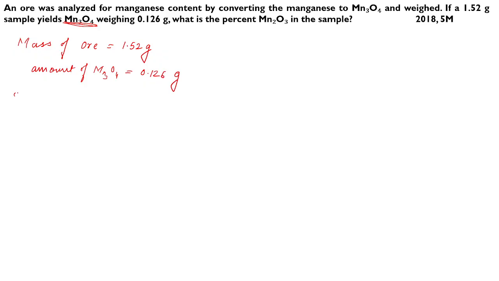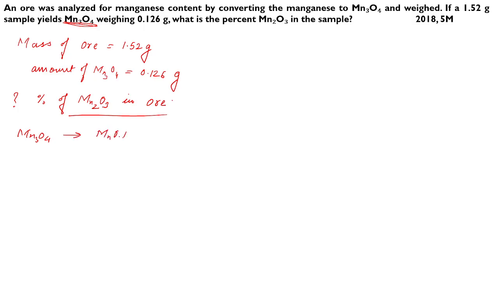Okay, and what they are asking, the question is the percentage of Mn₂O₃ in the ore. That is the question that they are asking, right? So here we need to assume that this Mn₃O₄ is actually composed of